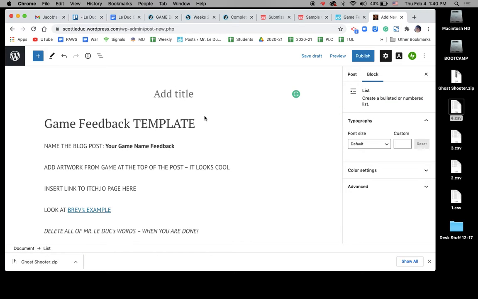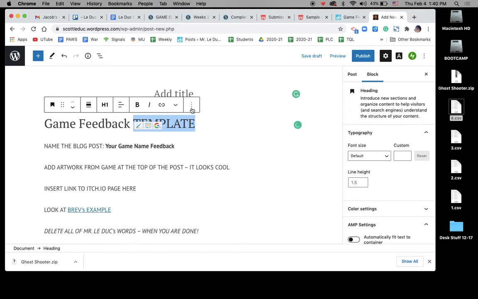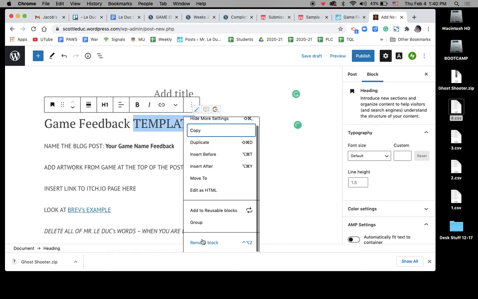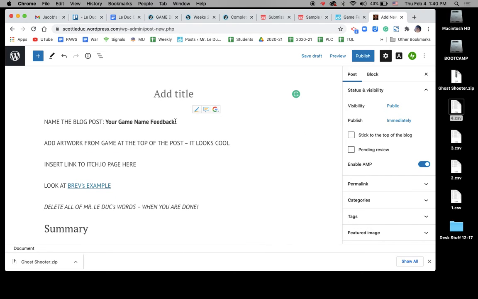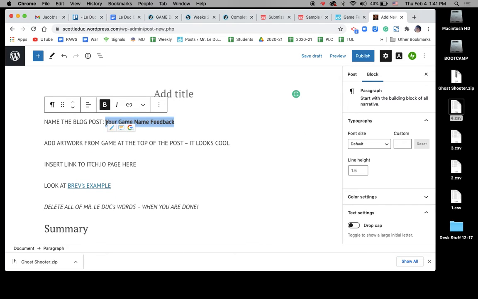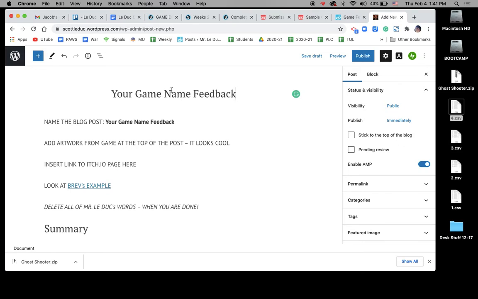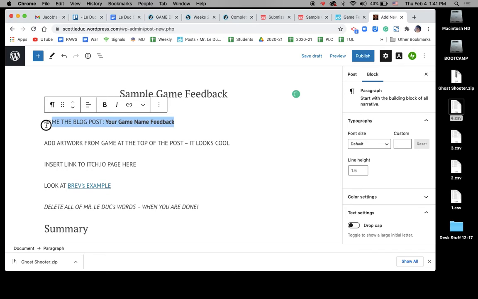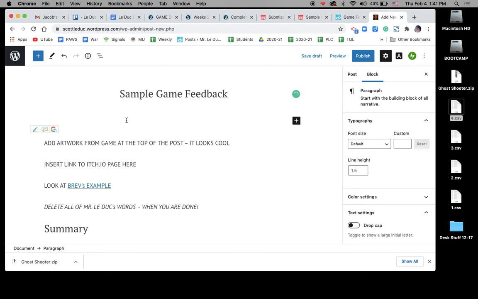We leave the title because each one of these elements here, we go like this and remove block. We can also just highlight it and delete. But they put the name of their game up here in the title. So, sample game feedback. That's the name of the blog post. And then when I'm done with this, I can either highlight it and hit delete, or I can click on